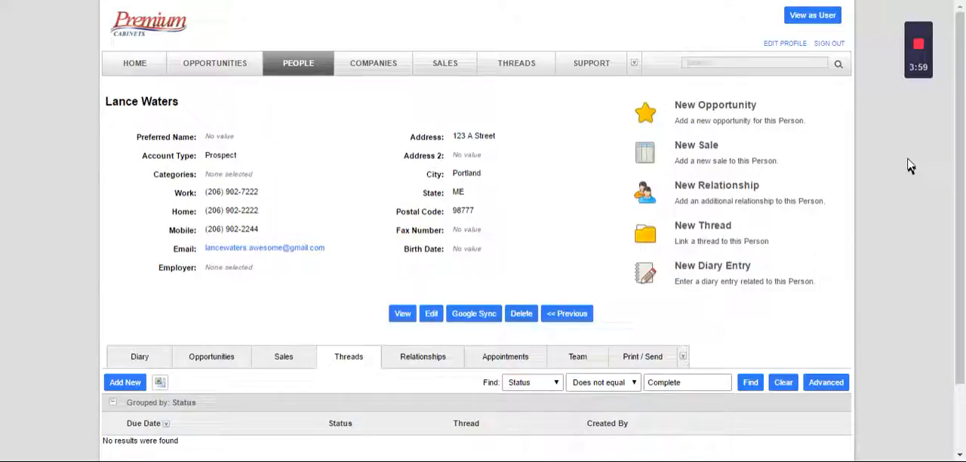So we're going to talk a little bit here about creating threads and what the purpose of threads really is. And again, threads really are a series of tasks that roll up to a larger objective. So in the example I'm going to use here, the objective will be ensuring that we follow up properly with this potential customer, our fictitious account, Lance Waters, and we want to make sure that Lance responds